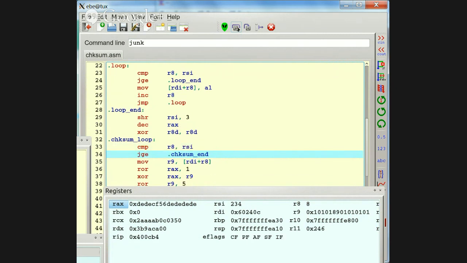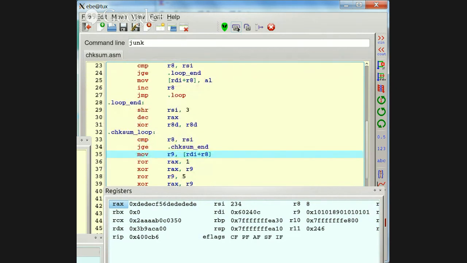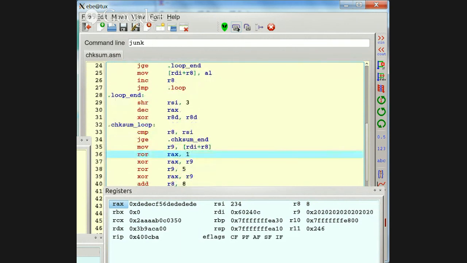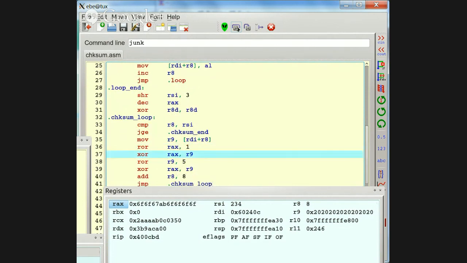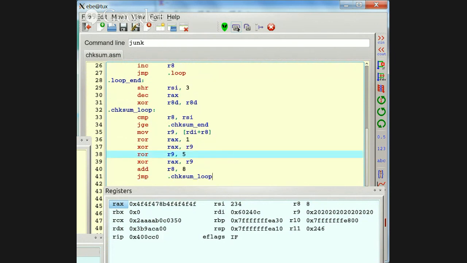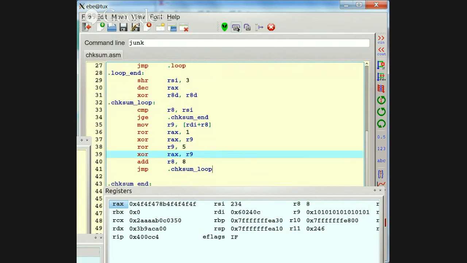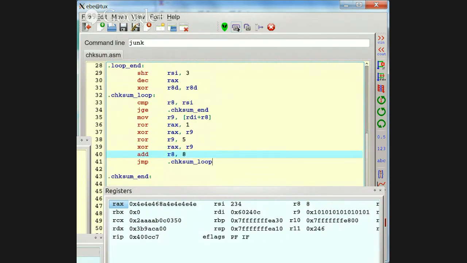All right, so we go in here and get the next byte, our next quad word, which is all spaces. And if we rotate RAX, we get a strange looking pattern. And then we exclusive OR that. And then rotate and exclusive OR.